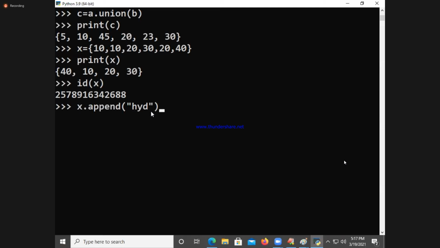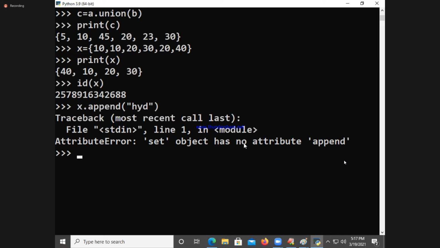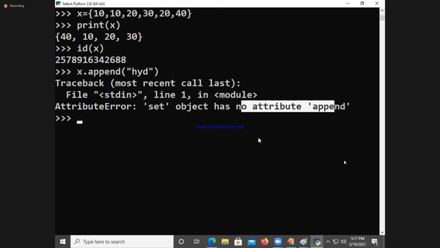Set does not contain the append function. Append means adding at the last, but there is no meaning of using append here. Error: set object has no attribute called append.